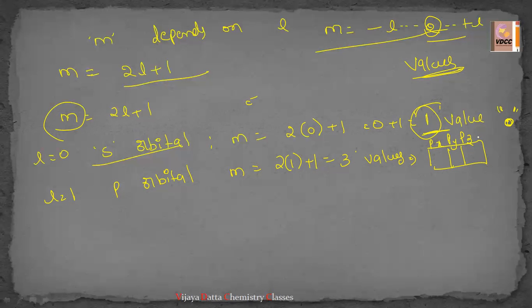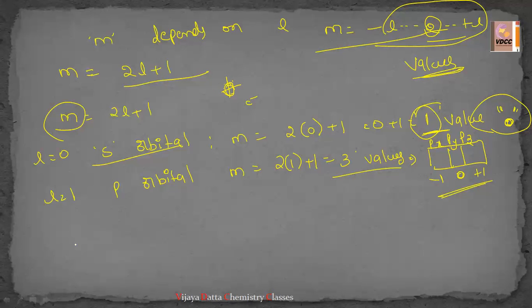You can ask why the s orbital has only one value. Because it is non-directional. When we draw it, we get a spherical shape, that's why it is non-directional. Whereas p has three values, which lie between minus l and plus l including 0, so it can have minus 1, 0, plus 1. Whenever we take px, its value will be minus 1, py is 0, pz is plus 1. Those are the values we should know.